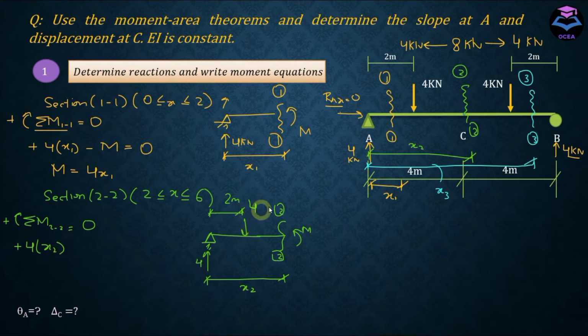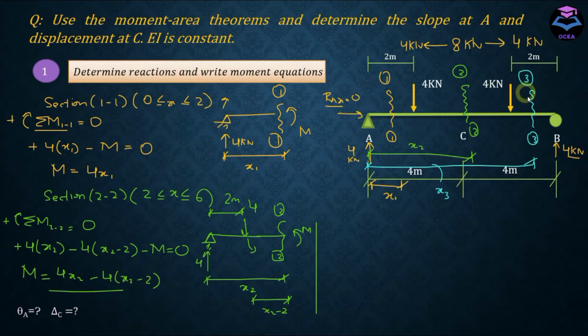This force is 4 kilonewton, and it has a moment arm of x2 minus 2. So if I deduct 2 meter from this x2 coordinate, what would I get? I would get the moment arm for this 4 kilonewton force, and this force is creating counterclockwise moment about this section, so this is going to be negative, and it has a moment arm of x2 minus 2. And we have this moment which is acting in counterclockwise direction, hence negative. And if I write the moment equation,